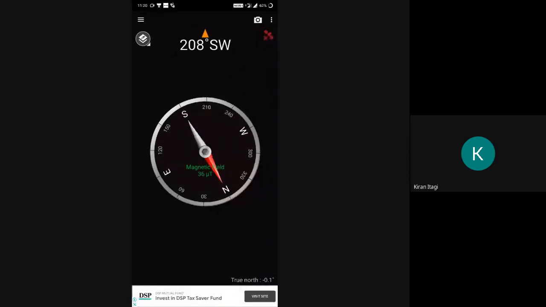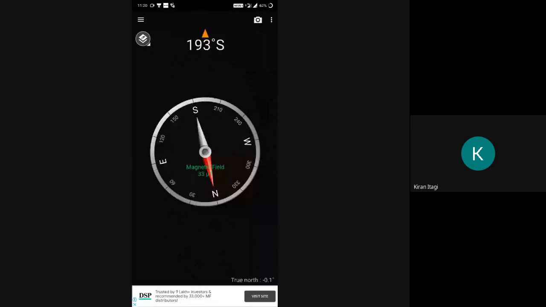So what I'm doing, I will take two stations, station A and station B. Now I pointed my device towards station A. You can see the arrow mark here, 166 degree south. This arrow mark, I'm pointing towards station A, and it's showing the reading, 166 degree. Similarly, we will take the same way the reading with the help of the prismatic compass.